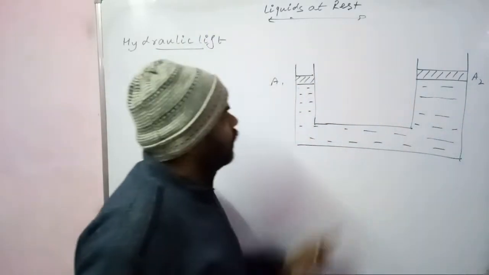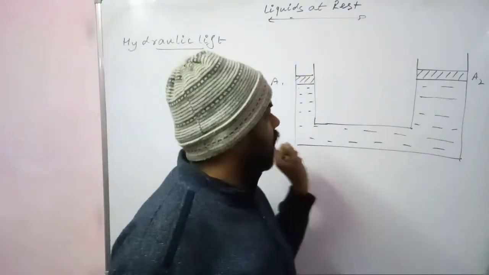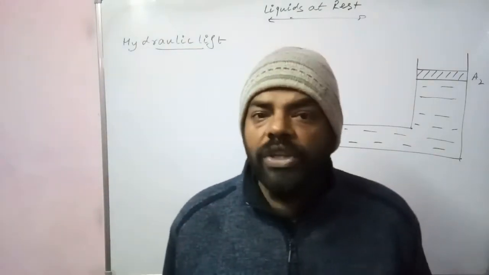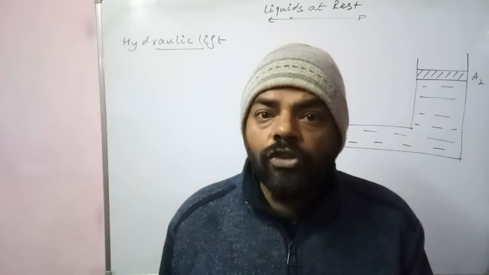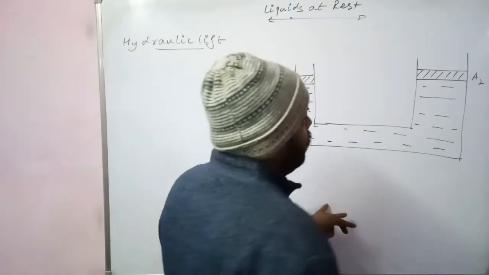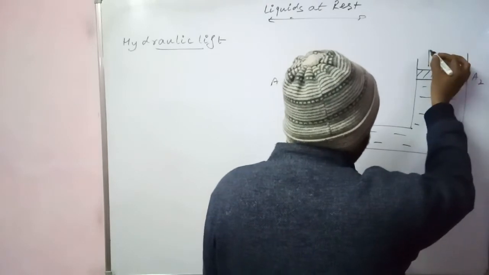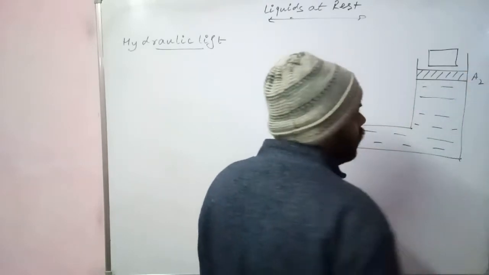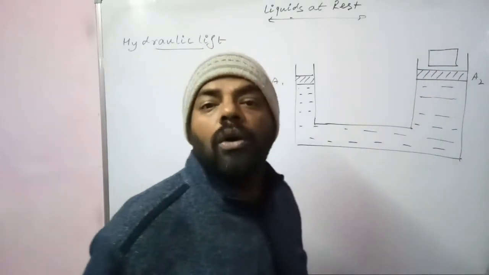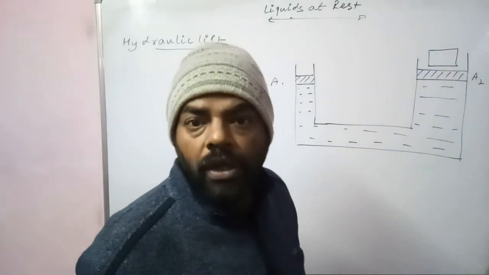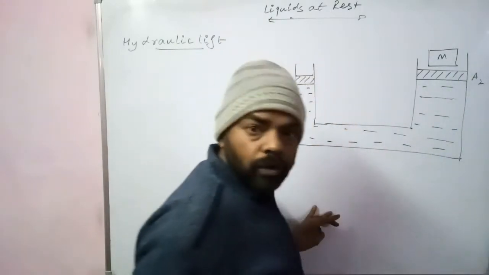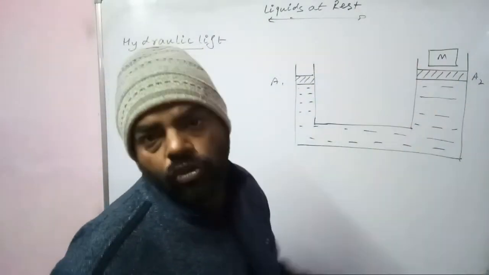Now take a look. These two vertical columns, they are connected with the side tube. Okay, and the heavy object which is to be lifted, it is placed on the piston whose area of cross section is larger. देखिए, let us suppose say it is the block which is quite heavy, and it is placed on the piston of larger cross section area. Okay, let us suppose say M is the mass of this block, and if this block is to be lifted,